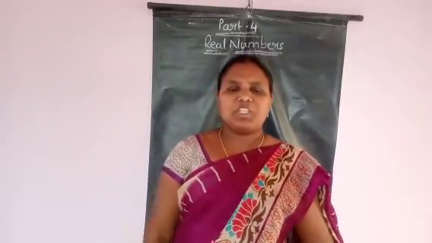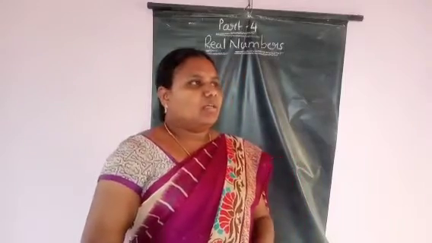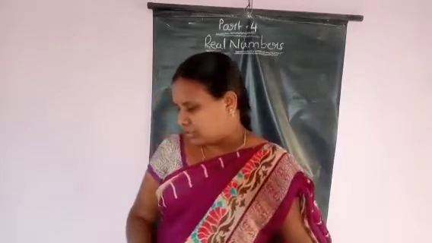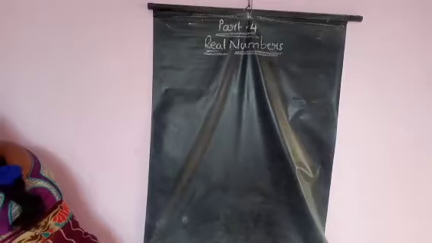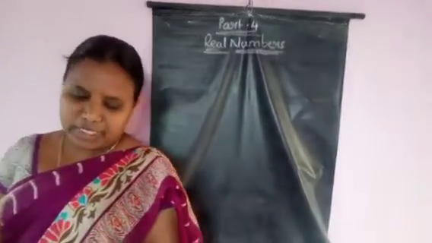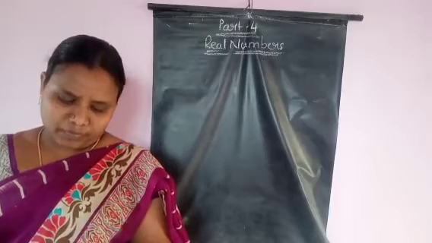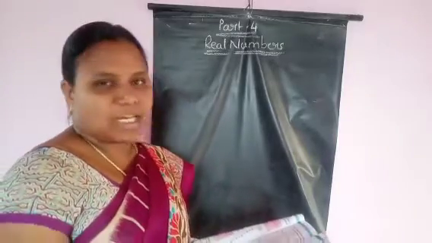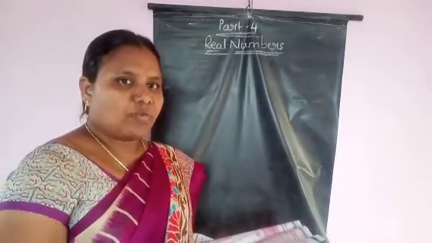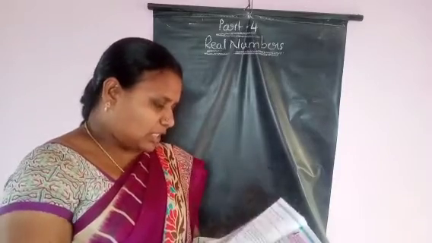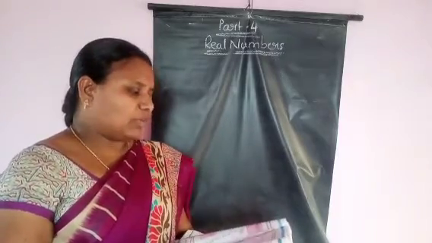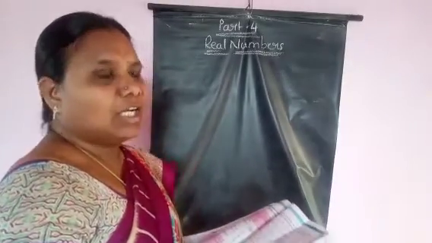In our previous session we discussed what terminating and non-terminating decimals are, and how we can convert terminating decimals to p by q form. In exercise 1.3, the first and second problems we have also discussed. Now we are going to discuss exercise 1.3 third problem, and we are going to solve this based on theorem 1.4.